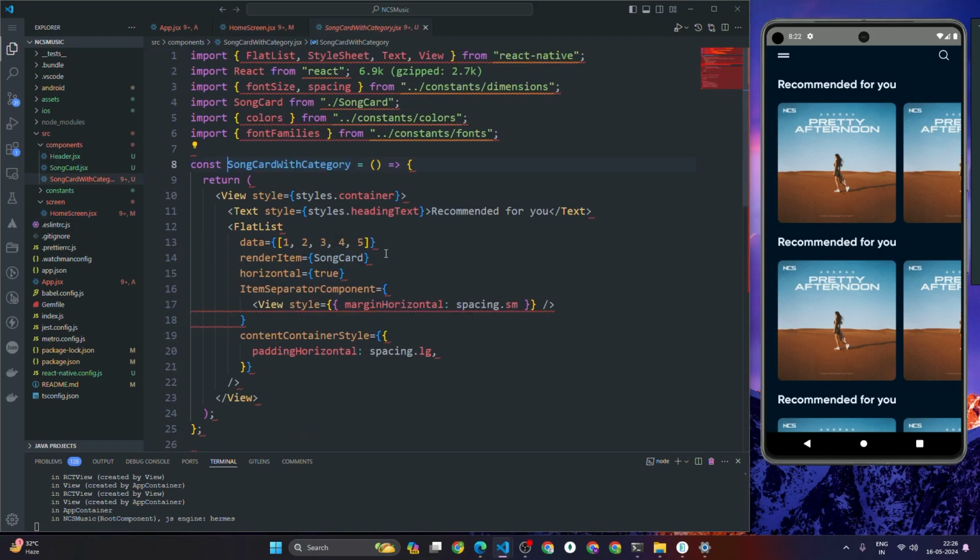Now let's go to the song card with category. Inside this component we first have the category name. The category name is "recommended for you". After that we have a flat list, and this flat list has a horizontal direction. The data is 1 2 3 4 5, and here we are rendering the song card component